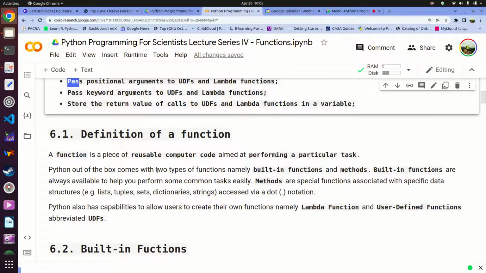Okay? Now, what is a function? A function is basically a piece of reusable computer code. So you put together some lines of computer code and you package them in such a way that you can use these lines of computer code repeatedly for solving a particular task. Now, a good function naturally will perform only one task. So if you've got a function which tries to perform one or two things, then that's by definition not a good task because a good computer function needs to perform only one task